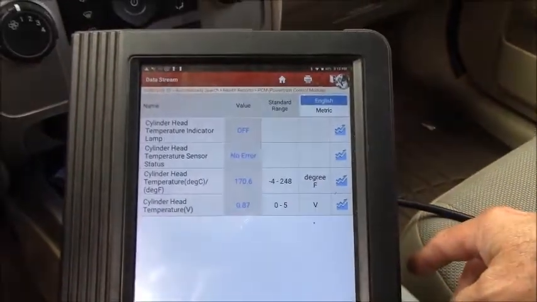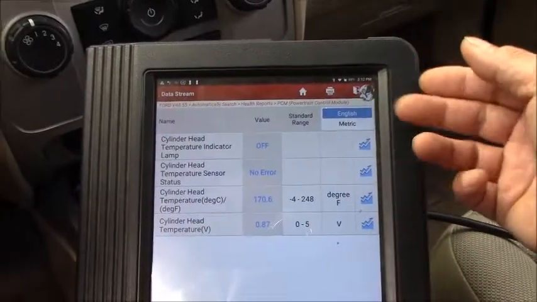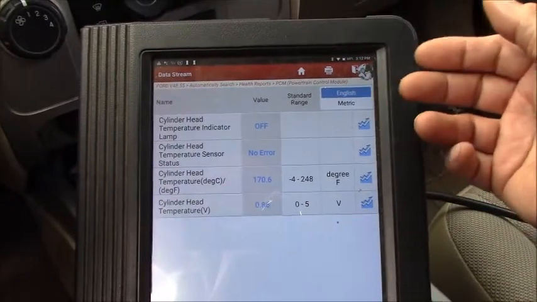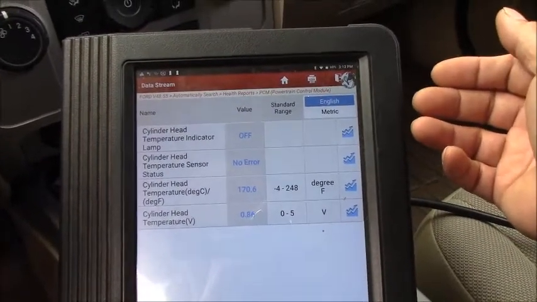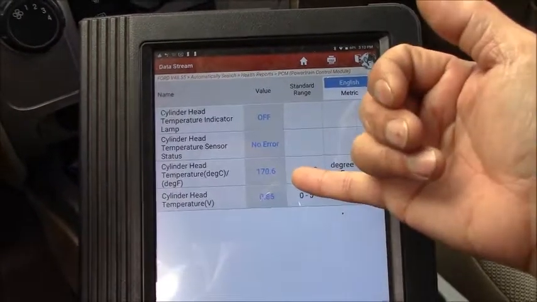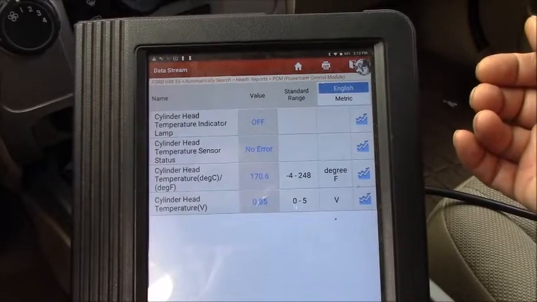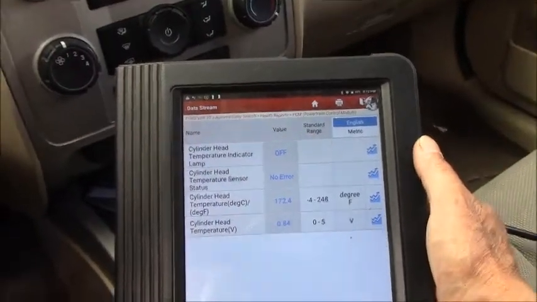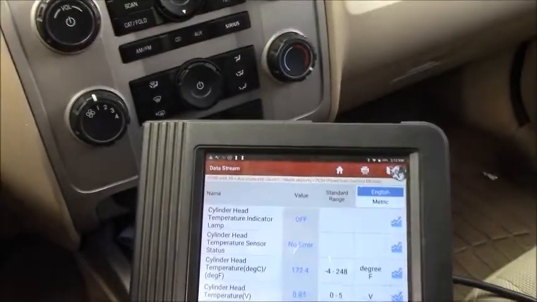As you can see, I just ran the engine for less than a minute, but why is it 170 degrees right now? Okay guys, what I would like to do right now,